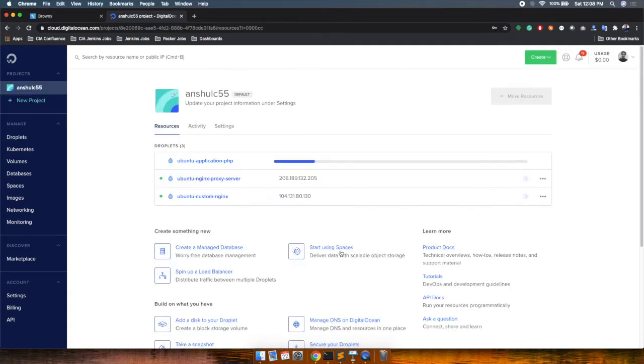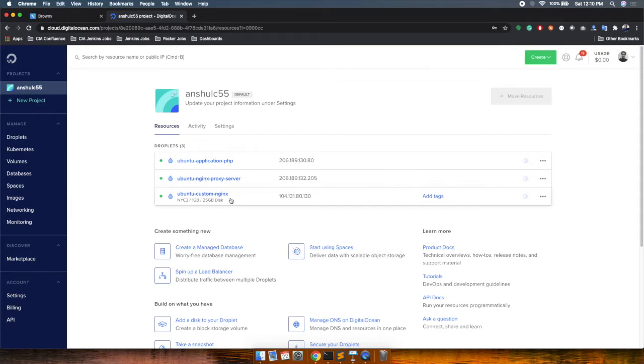We have to wait until all machines are ready. We can see both of my new machines are ready. So we have the Ubuntu custom.nginx, on which we are actually executing the Brownie website. We have created two more machines, the PHP and the proxy web server. On the proxy machine we will set up the Nginx reverse proxy, and on the application PHP machine we will set up Nginx with PHP. The proxy server machine will work as a reverse proxy for the application PHP machine and the static website machine which has the custom Nginx.